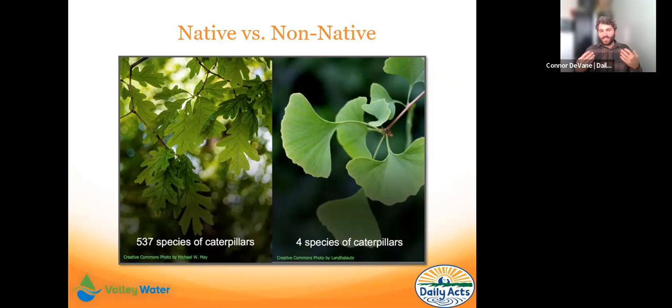Like on a human scale, it's an inconceivable amount of time, right? Over those many, many thousands of years and more, they've both competed and collaborated with all the other species of that ecosystem, right? Whether it's other plants or insects that want to eat them, herbivores that want to eat them,